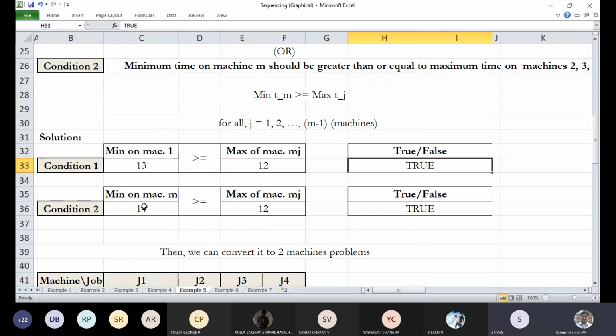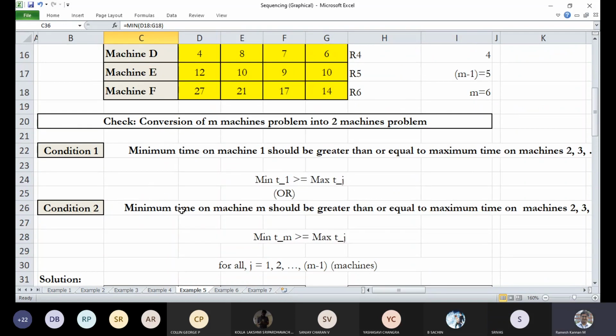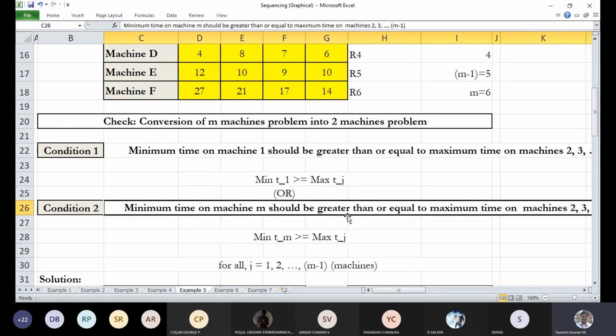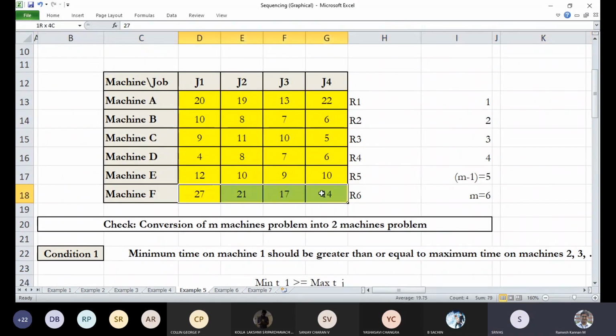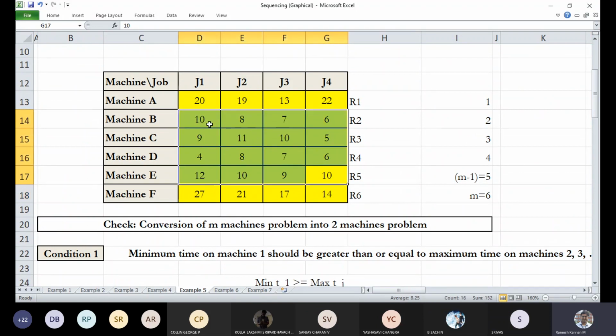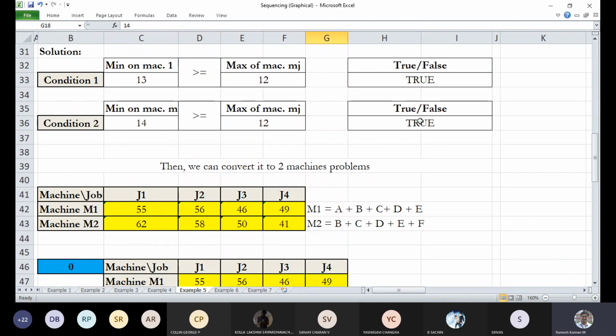Then condition 2: the minimum time on machine m should be greater than or equal to the maximum time on machines 2 to m minus 1. The minimum time here is 14, and the maximum time we have already found is 12, which is less than 14. So condition 2 also gets satisfied.